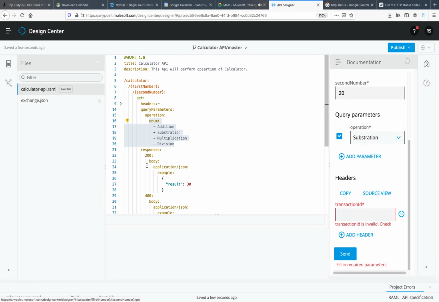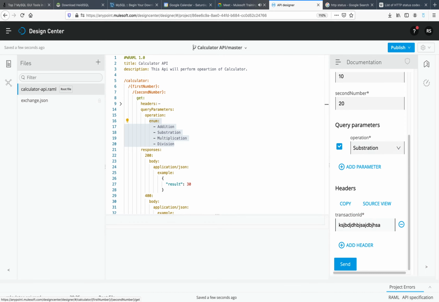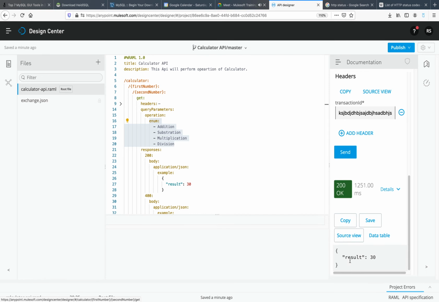Okay. Then we have one header also, that is transaction ID. So we need to pass one transaction ID of 36 length. I'm not sure whether it will validate if I pass less than 36. Let's see, and then click on send. So we are getting results. Here it will not validate, but when we do the actual implementation, then it will validate.